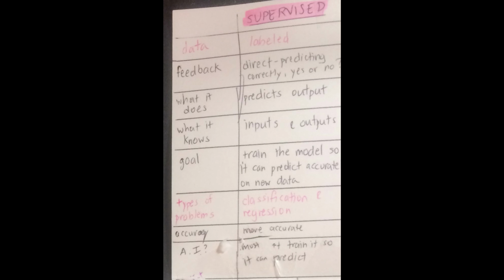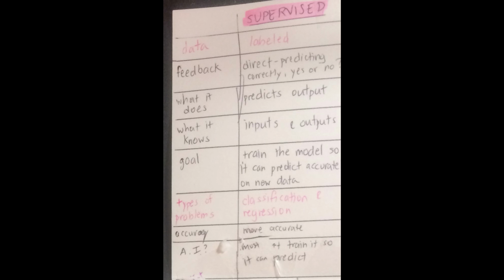What can you tell me about supervised learning? There are at least 8 things that make supervised learning different from unsupervised. They are data, feedback, what it does, what it knows, its goal, the types of problems that it solves, its accuracy, and